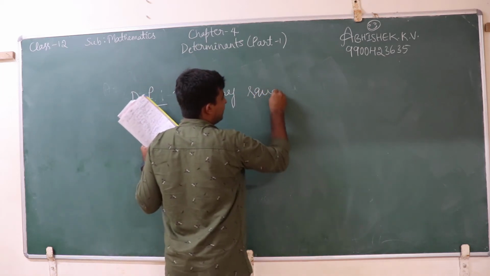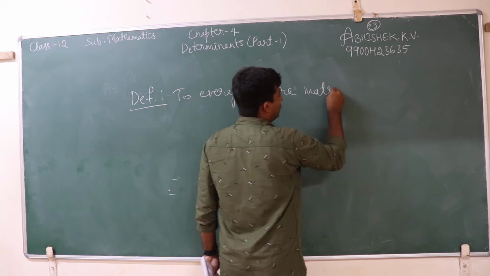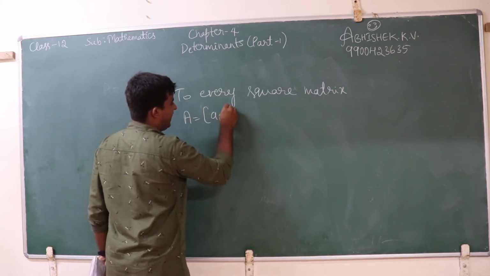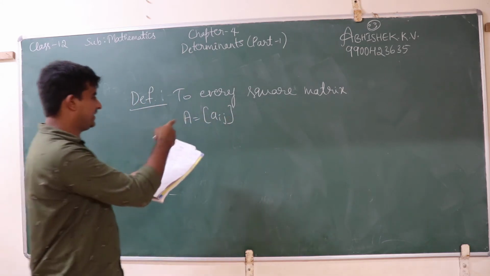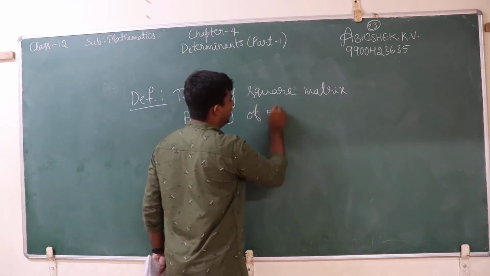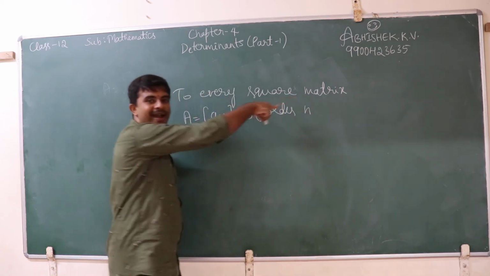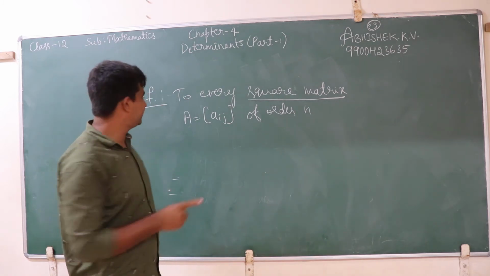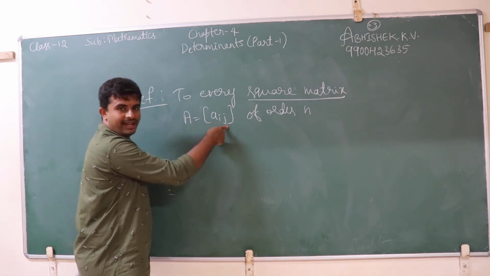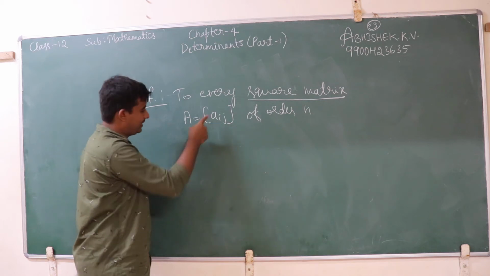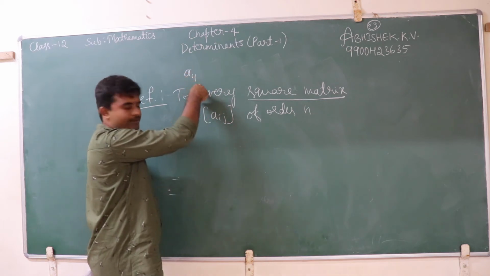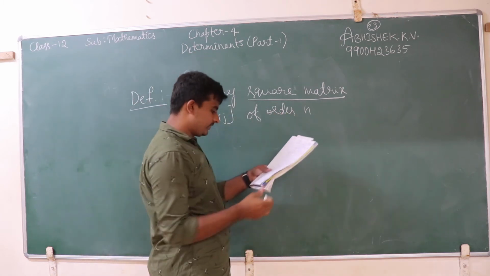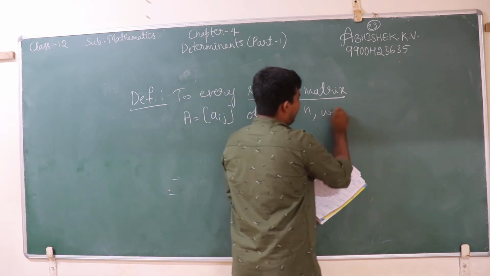To every square matrix A equal to Aij of order n. Square matrix, I already told you, determinant can be defined only for square matrices. Say A is equal to Aij. Aij is the suffix of this number. A11 is first row, first element; ith row, jth column. So, to a square matrix of order n, we can associate